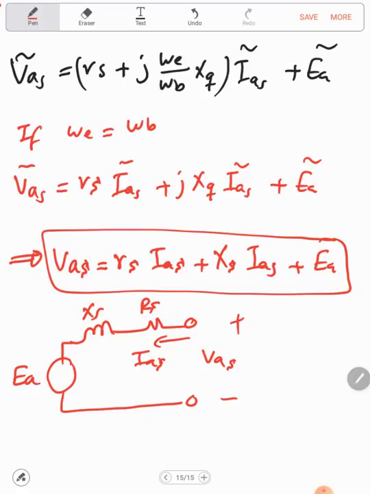And in the next lecture I will discuss with you a numerical example and how to calculate the synchronous reactance and the stator resistance from the open circuit test and the short circuit test. So simply here, this is the synchronous reactance. So until the next lecture,